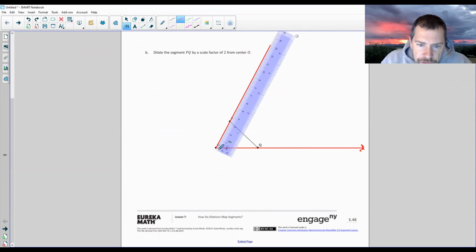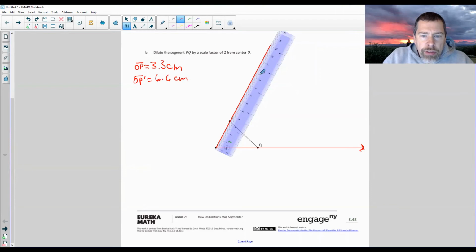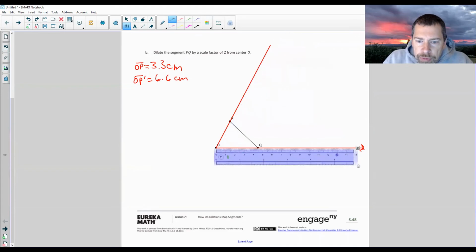I prefer metric. So I start at 0 and I go to 3.3. So over here, I'm going to say OP equals 3.3 centimeters. Yours will be different on paper because this program dilates things. All right, so OP prime is going to be 3.3 times 2, which is 6.6 centimeters. So I'm going to put a dot at 6.6 right there. I'm going to rotate my ruler down here, and that will be